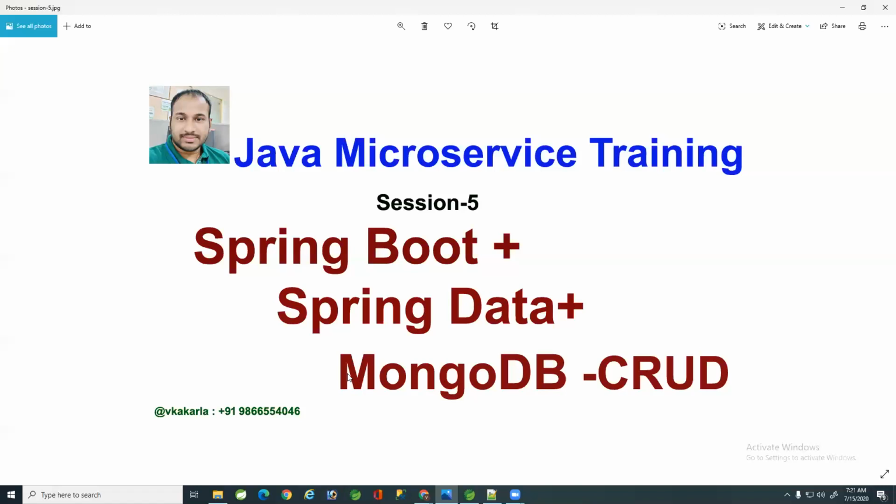Here MongoDB also has one user interface called Robo 3T. Using Robo 3T, like SQL Developer or MySQL Workbench, we can connect to MongoDB and select the collections. The terminology is a little different from SQL database to NoSQL database.